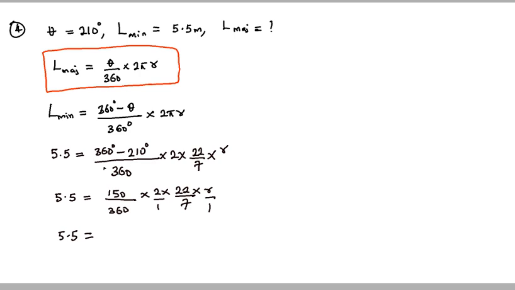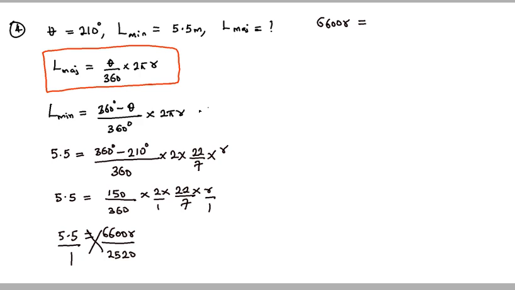times 2 times 22 is 6,600, and 6,600 times r should be 6,600 r. 360 times 1 times 7 times 1 is 2520. So let's call here over 1, cross and multiply. 6,600 r times 1 still gives us 6,600 r equals to